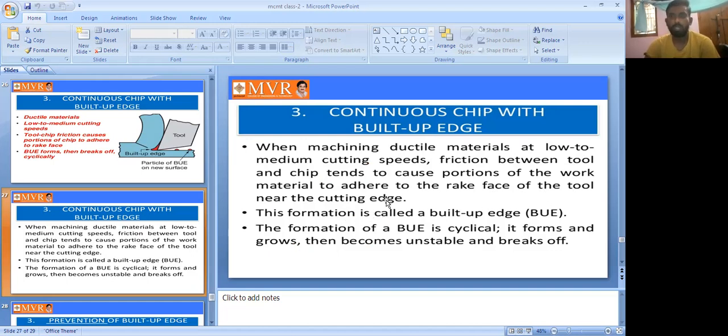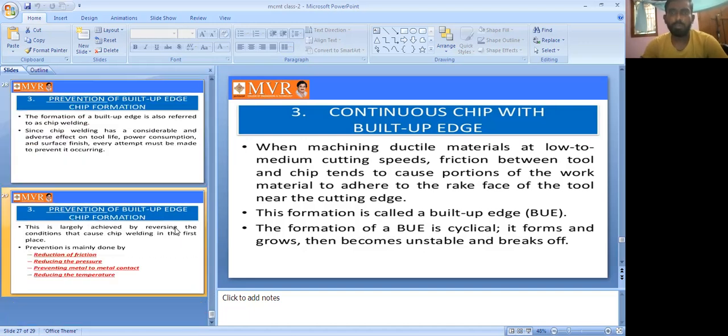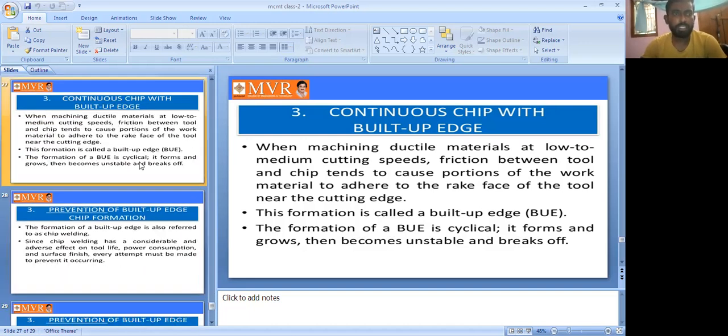So this is how it works. This formation is called the built-up edge, the blue one. The formation of the blue is cyclical in form, grows, and then becomes unstable and breaks off. So it is one of the continuous chip types. Next we can see